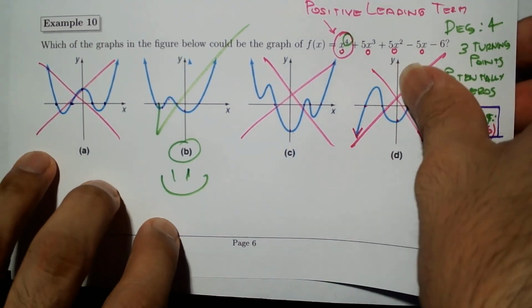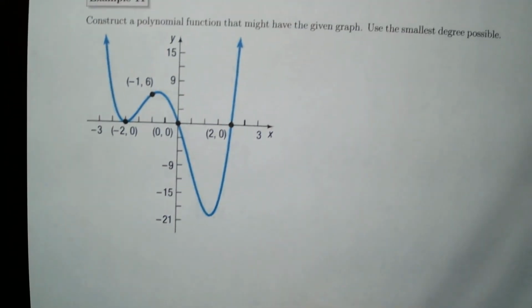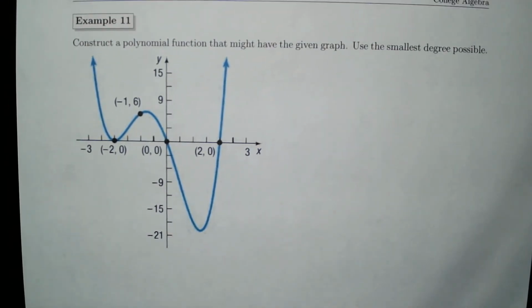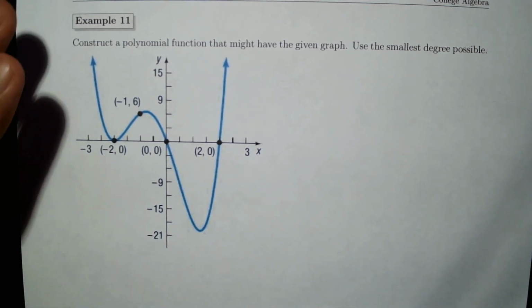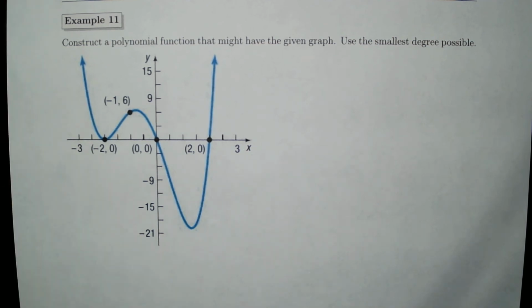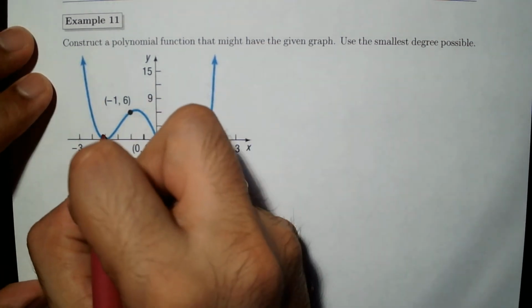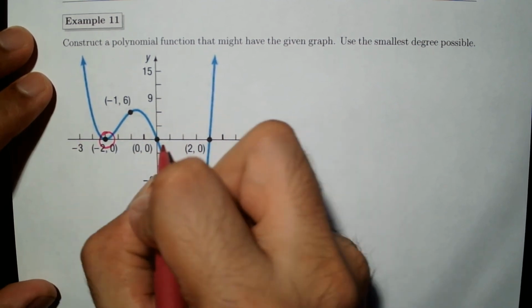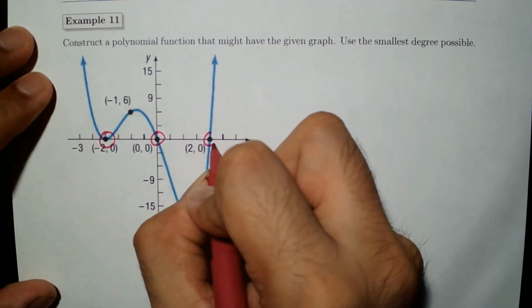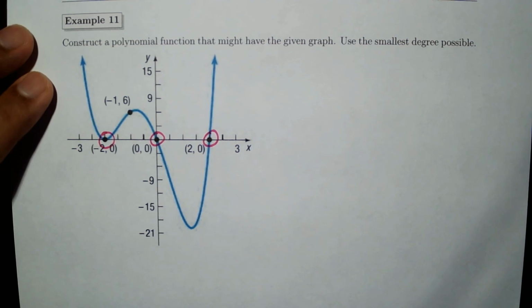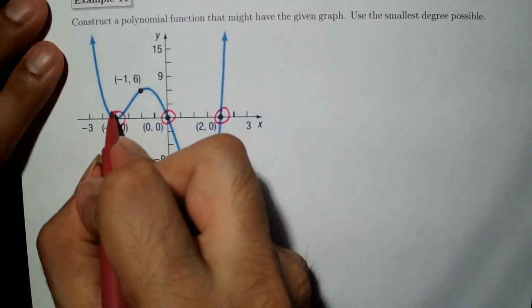And let's wrap up this section looking at one last exercise. So now, given the graph of a polynomial function, use the smallest degree possible to create a polynomial function. So what do we need? How many zeros do we have? 1, 2, 3. Notice that in this case,